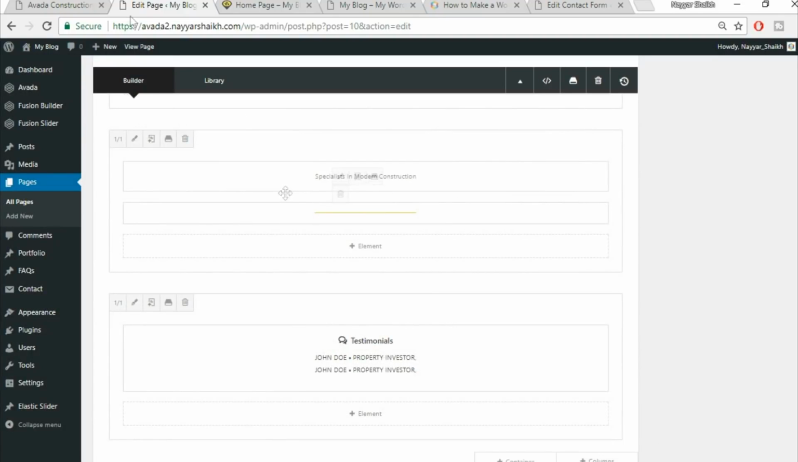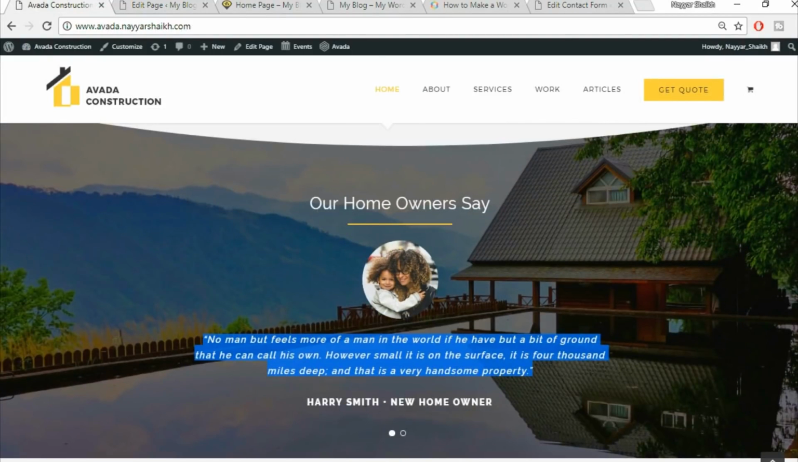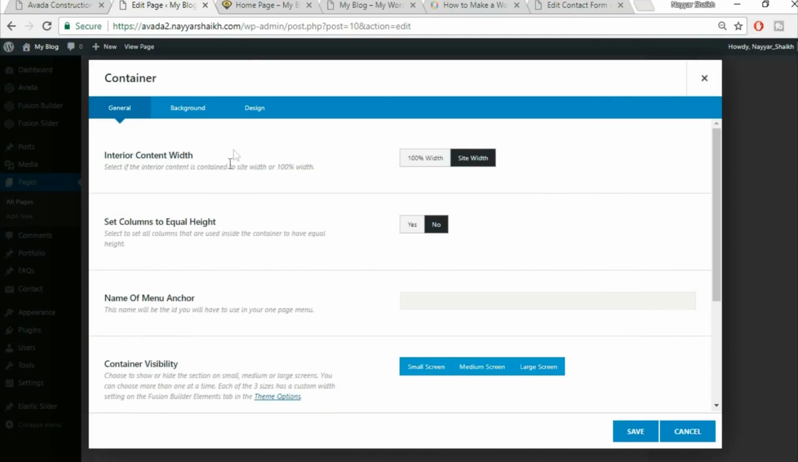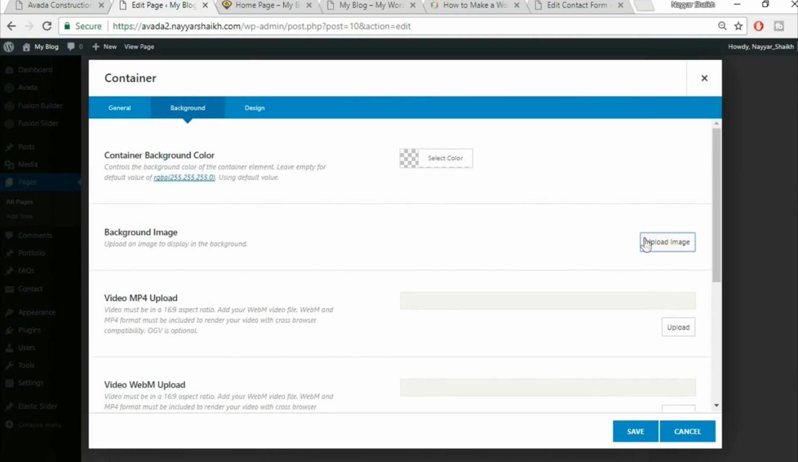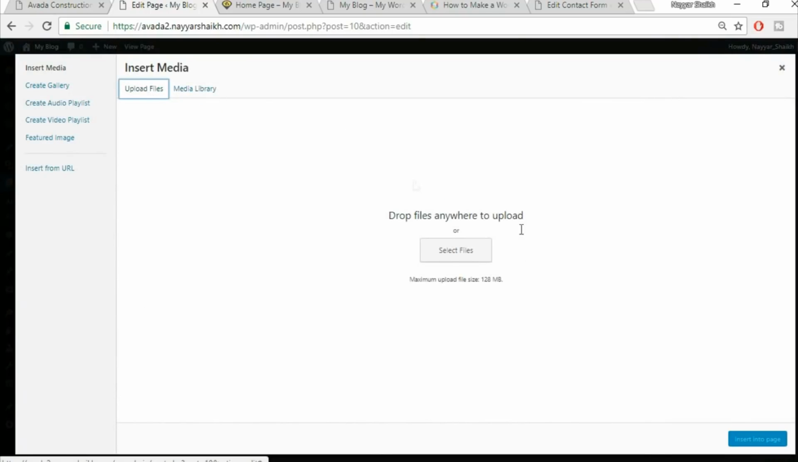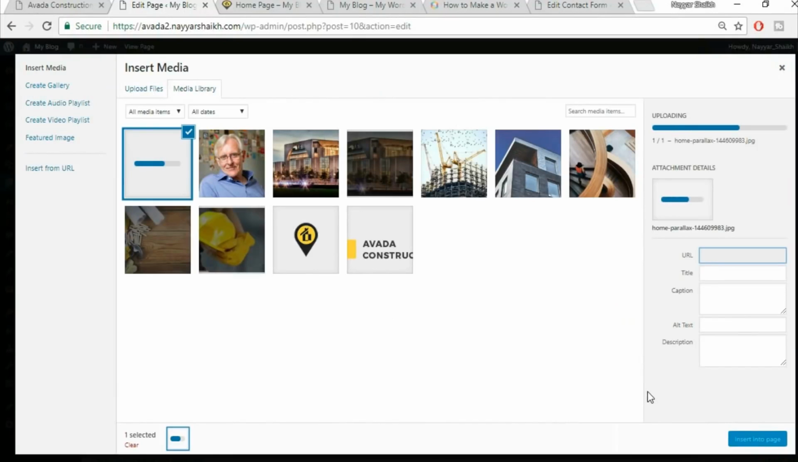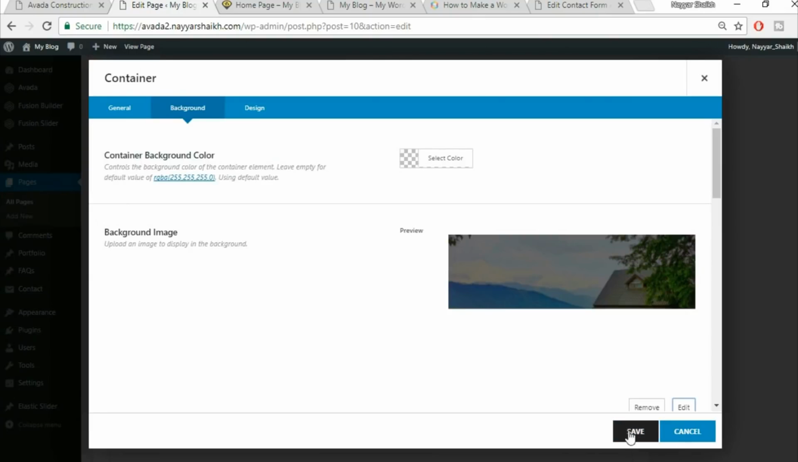Now click on save, and now let's add this background image, if you see over here. Okay, so select this container setting, background image. Let's search for that image. Okay, this is the one. Click on open. Insert into page. Save,